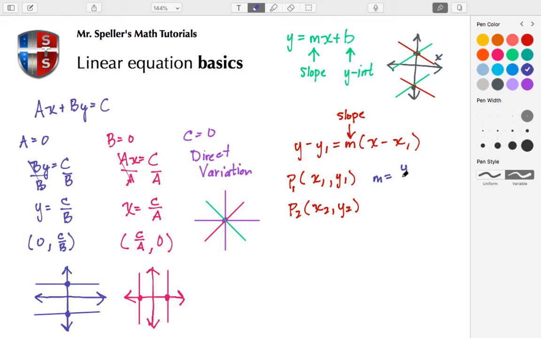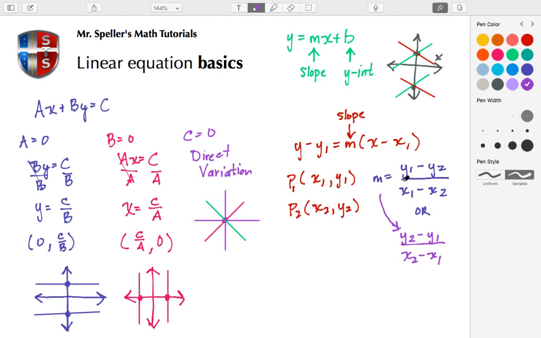So we could take y sub 1 from the first point and subtract it from y sub 2 of the second point and divide that quantity by the difference of the x values, which would be x sub 2 minus x sub 1. Or this can be rewritten in another form. In that form, we can just switch the order in which we use the points. Here we're using the first point first. So now we're going to use the second point first. So we could also say y sub 2 minus y sub 1 over x sub 2 minus x sub 1. And both of these refer to the value of m, or the value for the slope.